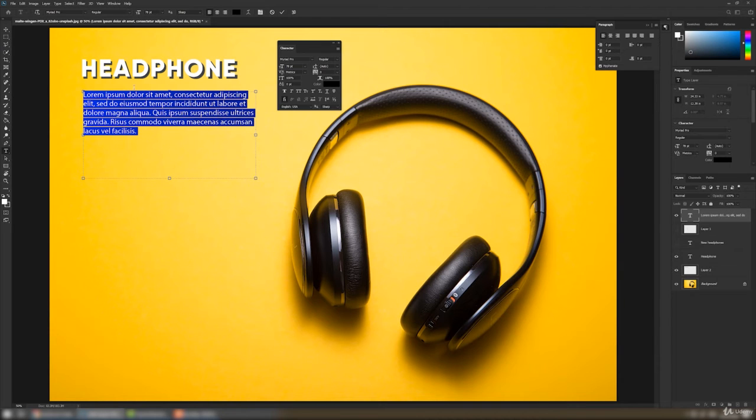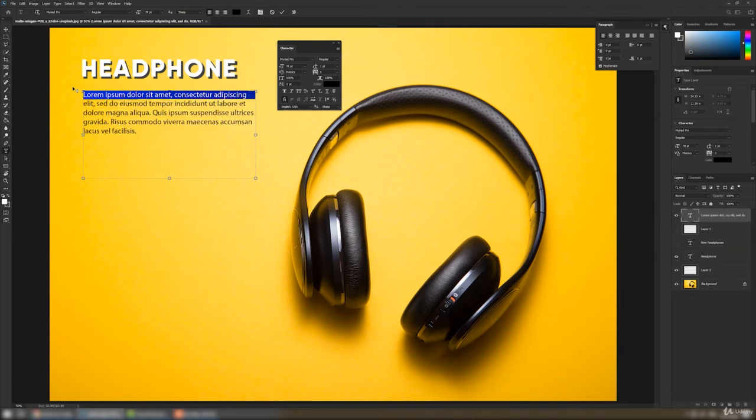To increase or decrease the line spacing, which we'll call leading, you have to use this area, or we can always use a shortcut by holding Alt and the down arrow key to increase the leading, or line spacing, you can call it. So we will increase the line spacing from this. We will hold Alt and decrease the line spacing with the up arrow.